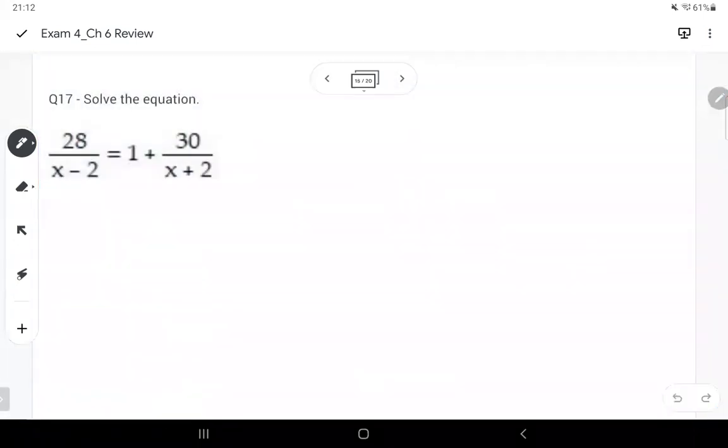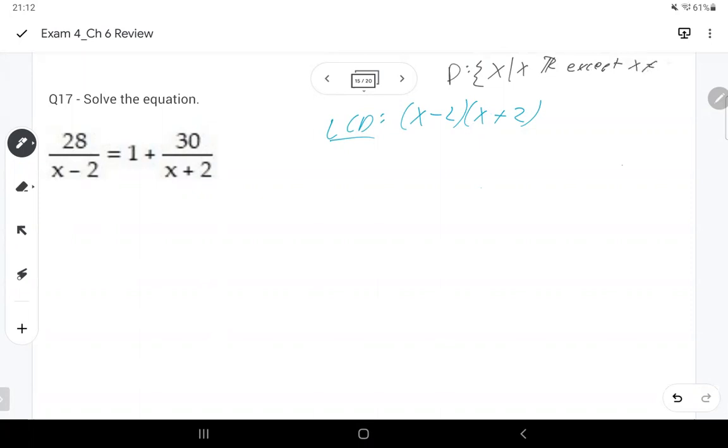All right. Now this one we actually have to solve. So you need to know that your LCD is x minus 2, x plus 2. And you need to know that in your domain, so in other words, what you have to reject will be